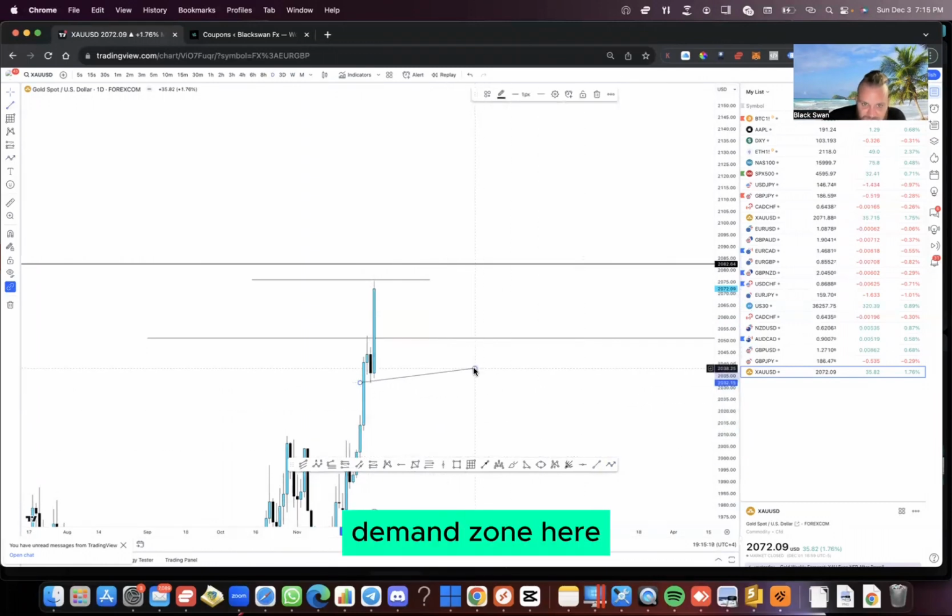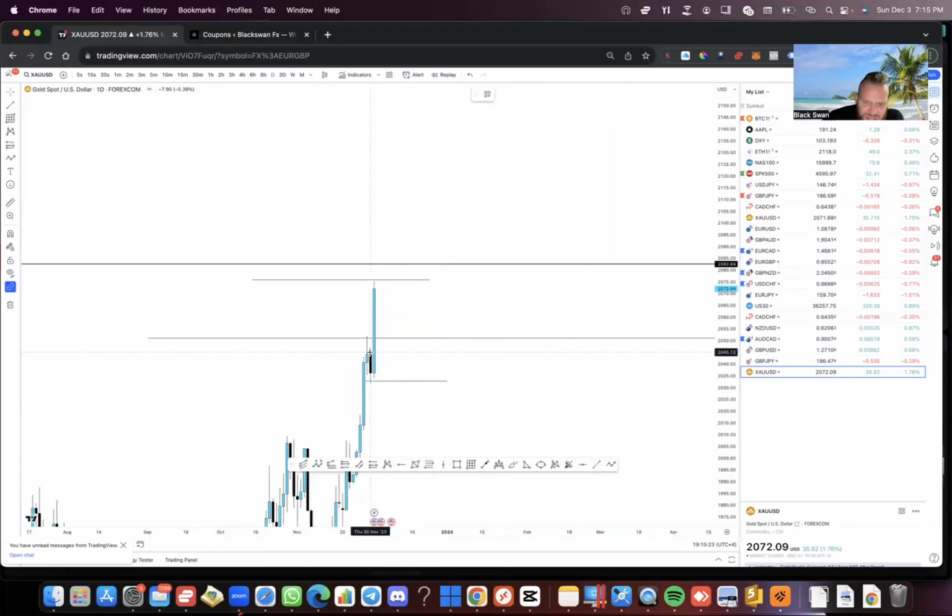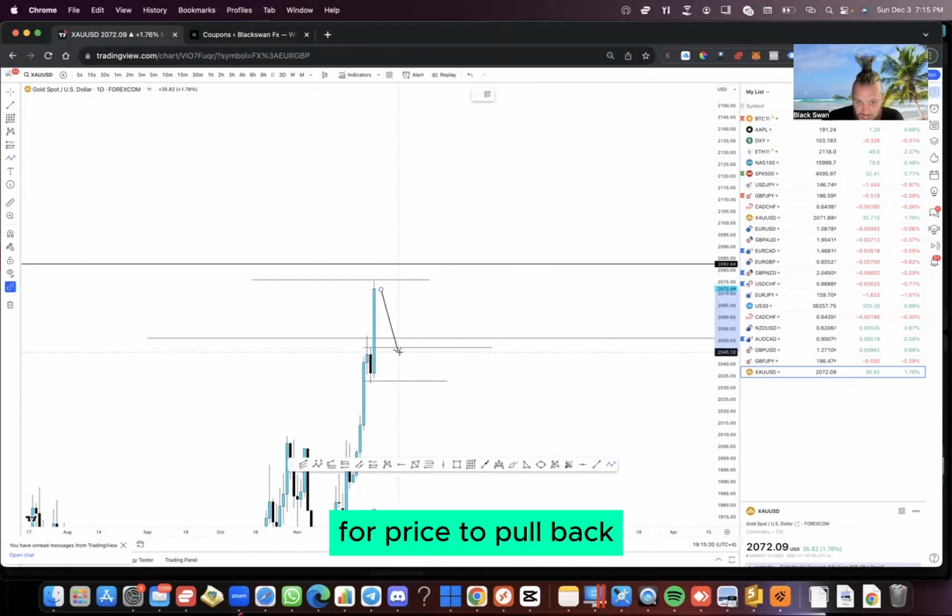Now, look at this demand zone here. Daily low, daily demand zone, imbalance. So what is that? A perfect PRZ, potential reversal zone for price to pull back. If we don't take liquidity back, guys, it's go time. If we do not take that liquidity and we pull back here,